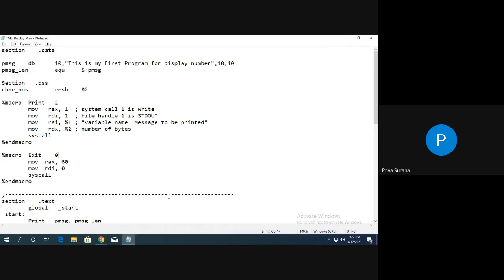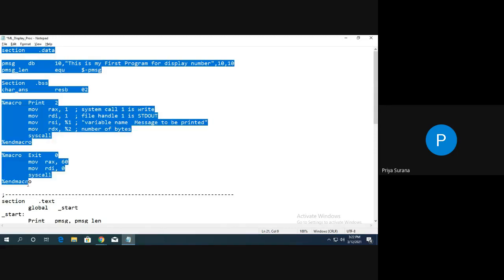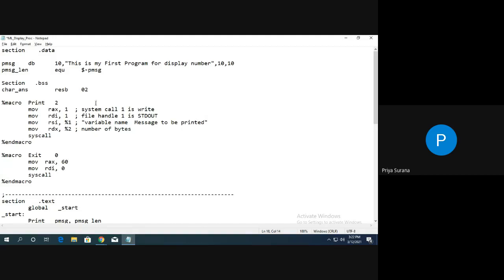Hello students, in this session we are going to discuss the display procedure, which is required in most assembly language programs. As per previous discussion we discussed these points. Again, a few additional things are required to be discussed. I will discuss them as an introduction and then I will start with the display procedure.